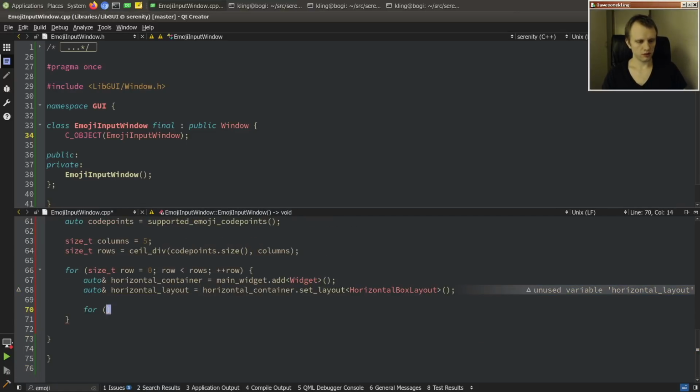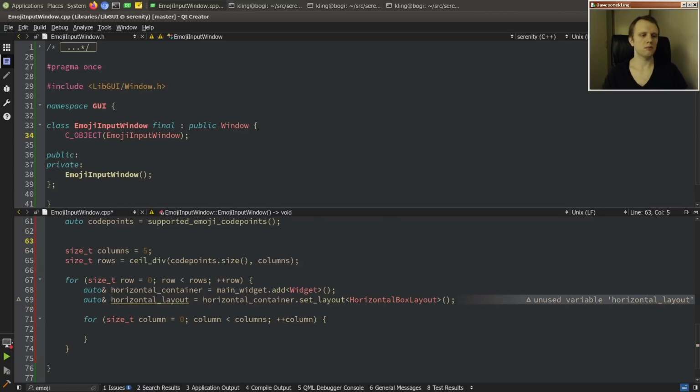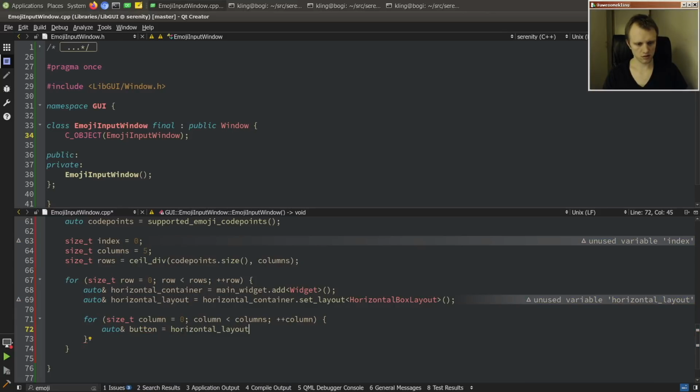And then we will iterate through the columns here. All right, and I guess we can keep an index like this, and then we will just add these guys one by one. So we'll do button is horizontal container, add button,